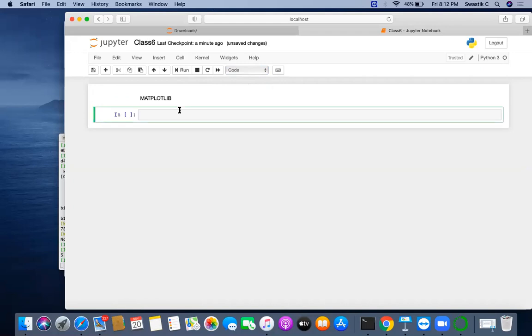Let's start. Whenever we are importing any package to Python that is not a default package, we have to import it. So the import keyword is used whenever the package is not default in Python. So import matplotlib. Here I will just import the pyplot package. You might not understand at this stage, but later you will understand that matplotlib has several other packages also. For most cases we'll use matplotlib.pyplot for our plotting purposes.